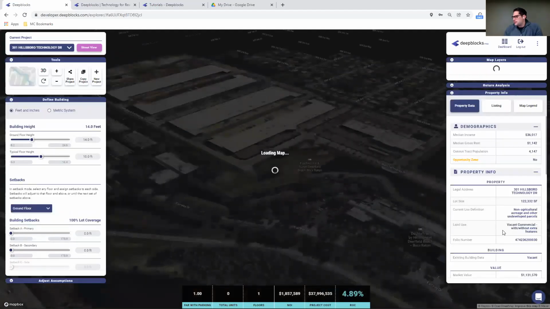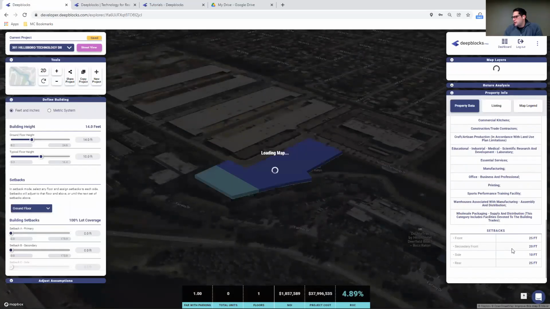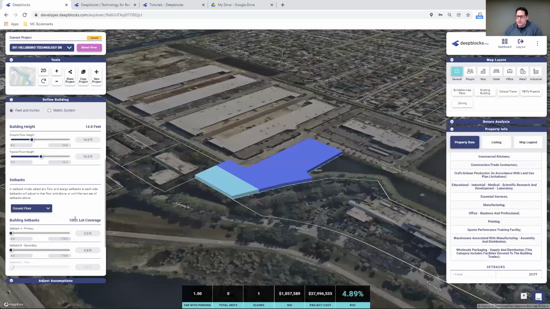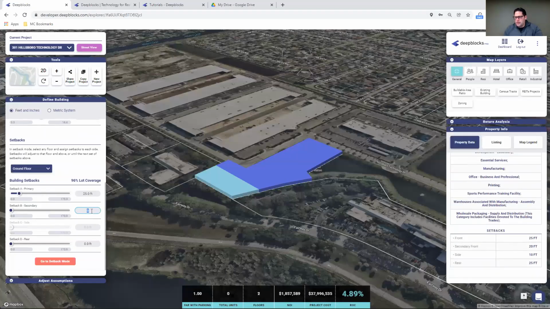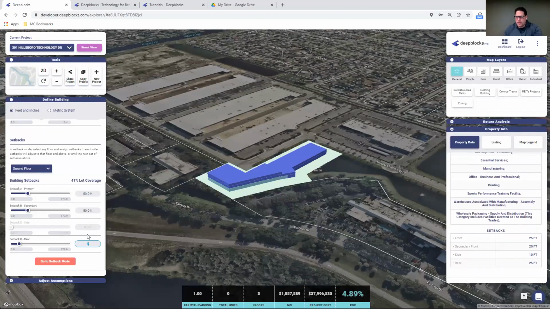I'm going to adjust these significantly in any case. Now we can adjust these setbacks unique to each side. Let's just make them all 25 for the sake of this example. We're really going to push it back quite a bit, just to have quite a bit of room to work with.